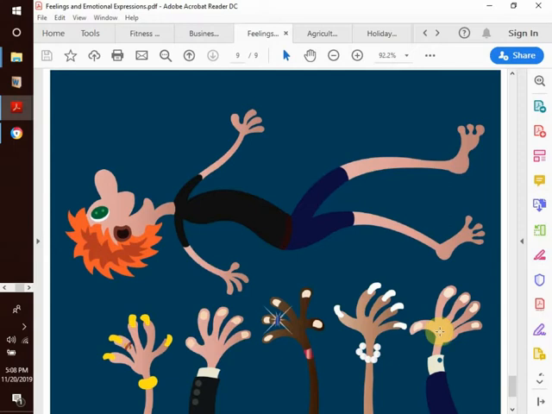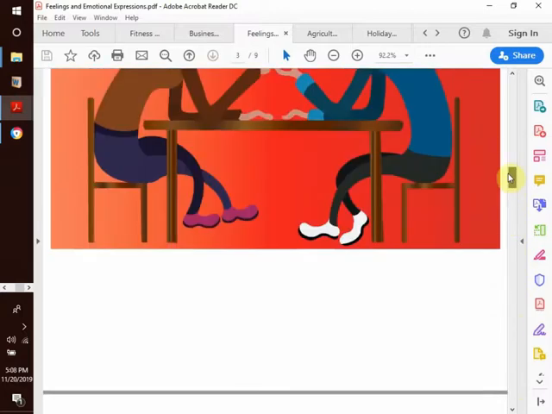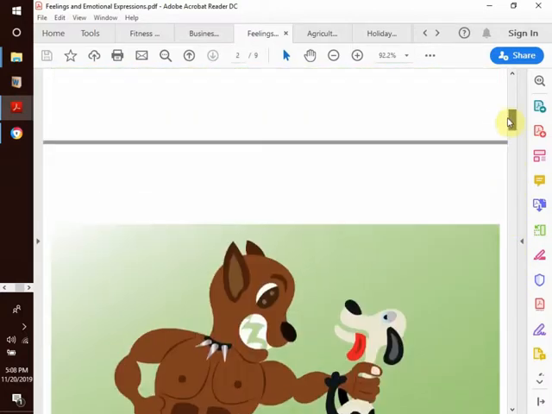So these are examples of emotional expressions we have given. They cover subtopics like anger, love. You have anger here, love here,